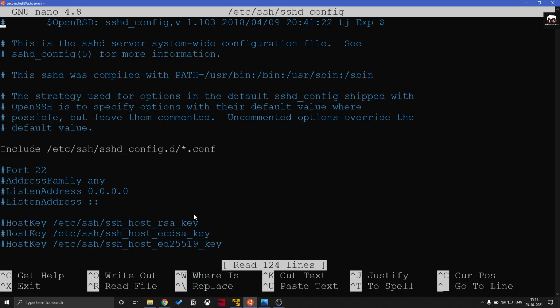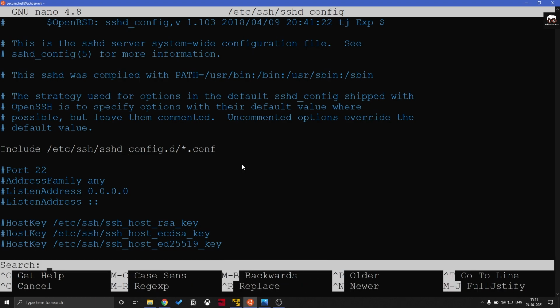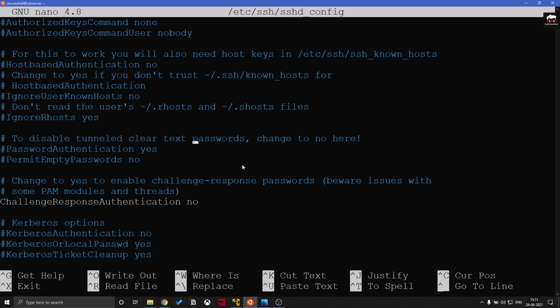Okay, so here we are in the sshd_config file where we need to disable our SSH password login. You need to find PasswordAuthentication. So here is the PasswordAuthentication parameter. You need to uncomment this parameter like this, and change yes to no.